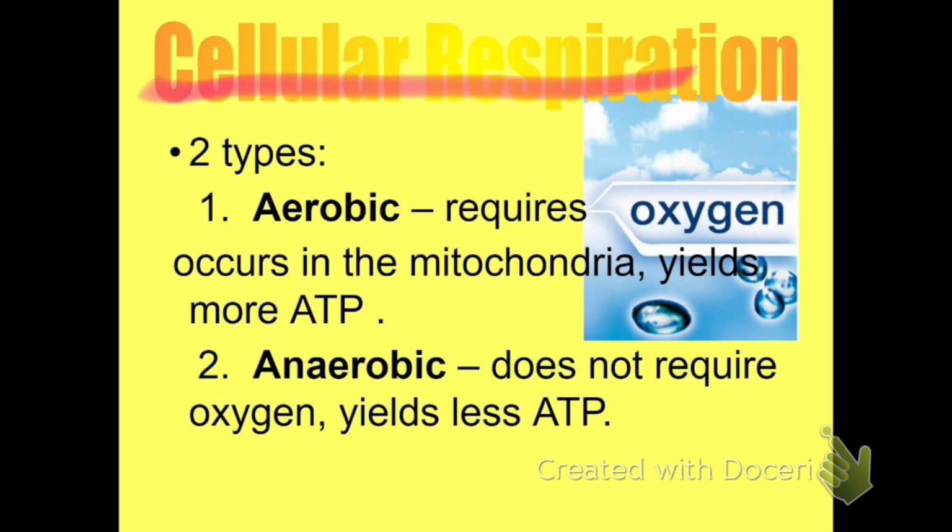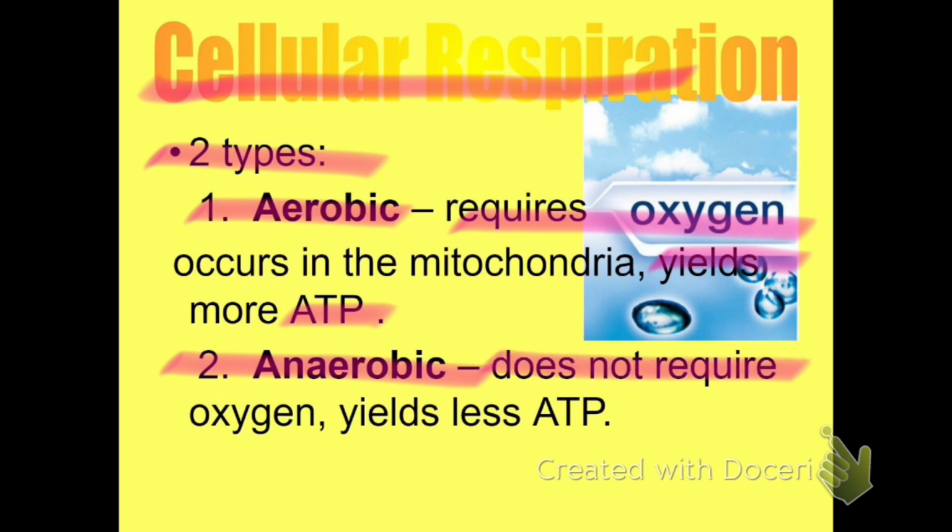All right, so in your Cornell notes, I want you to say, this is now on the right-hand side, that there are two types. The first is aerobic, requires oxygen. It yields more ATP. And the second is anaerobic, does not require oxygen, yields less ATP. And then in your notes, I want you to put that they occur in